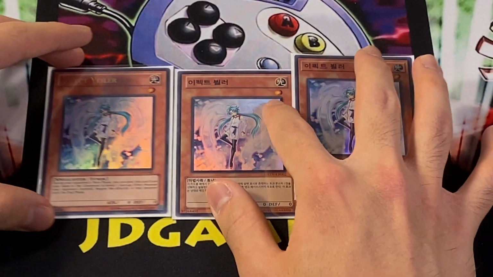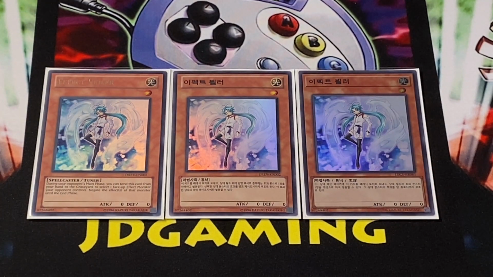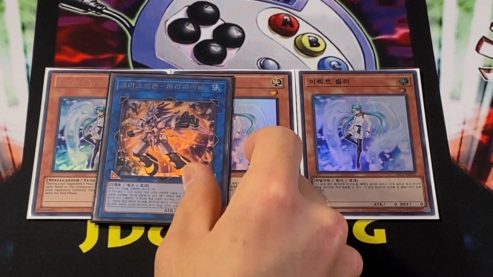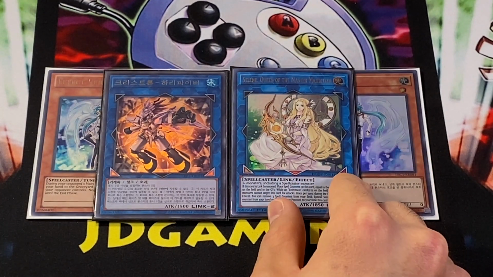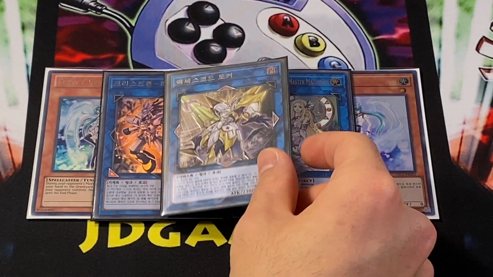Next, I like playing 3 copies of Effect Failure. Not only is this just a really powerful negation body, but like Ash Blossom, it is a tuner monster, and that means we can go ahead and actually combine it with one of our cards to go into Needle Fiber, who will let us then summon out a Veiler, turn those into Selene, Queen of Master Magicians, and then you probably have at least 3 spells in your grave, so you revive back the Effect Failure and go into Access